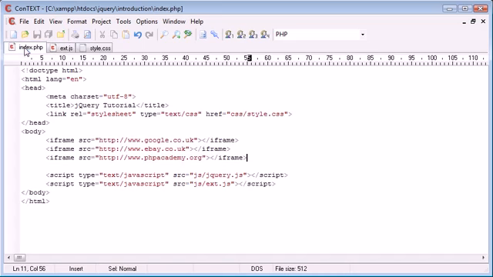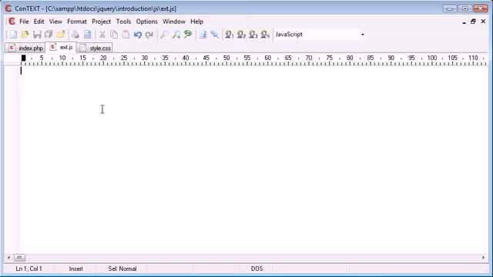Now what I want to do is show an alert dialog when the content of these 3 iframes have been loaded. So once each and every one has been loaded, I want to then say page has been loaded or window has been loaded. And that's giving you a clue as to how we're going to do this, because we're going to use window as our selector, and then we're going to say load. So window.load, inside of this we define a function as we usually would,